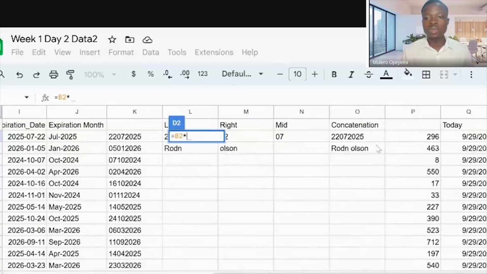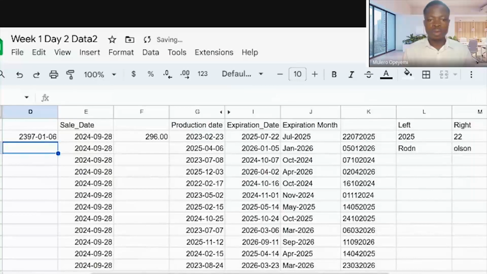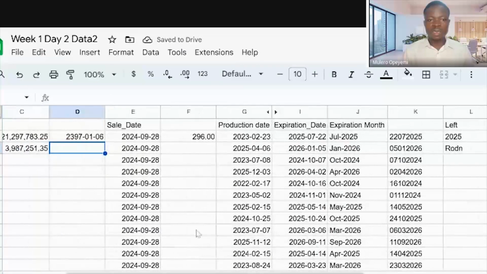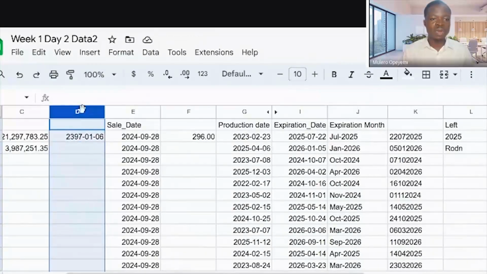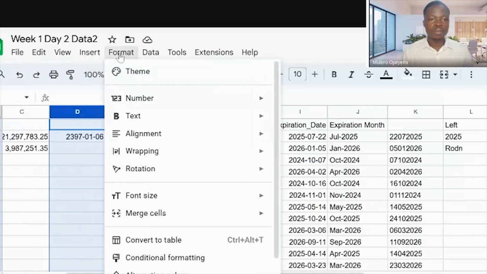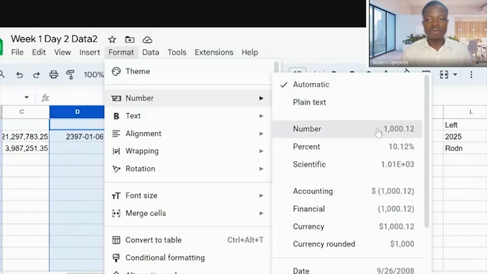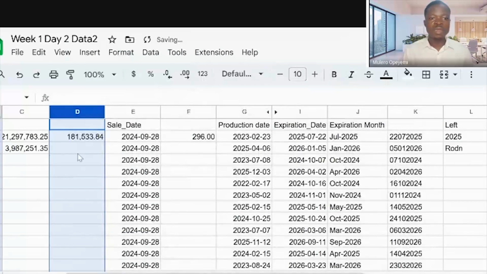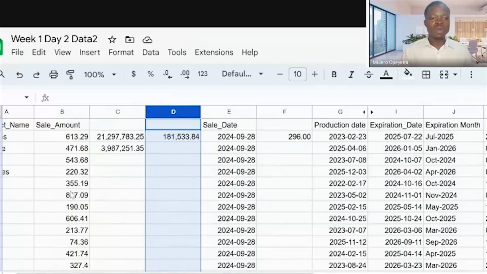Okay, let's use this shelf life cell by this. Then let me format this cell as number.